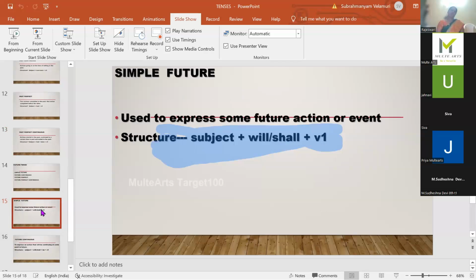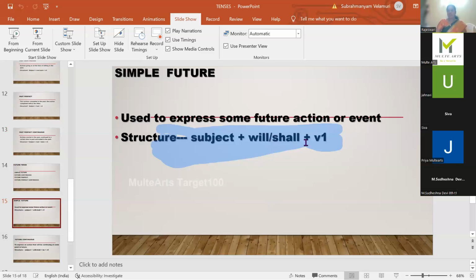The next one is future tense. This we use in very rare cases. We use mainly simple future to the maximum in our writings in English. Very rarely we'll be getting the other tenses, but it is a future tense. Somewhere the action is going to take place in the future. These are used to express actions which will take place in the near future. I shall be 13 next week. So next week I shall be 13. Generally we use two words, will and shall.